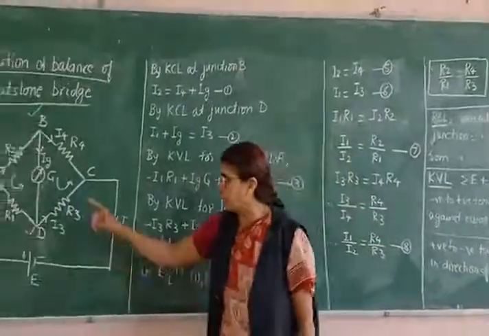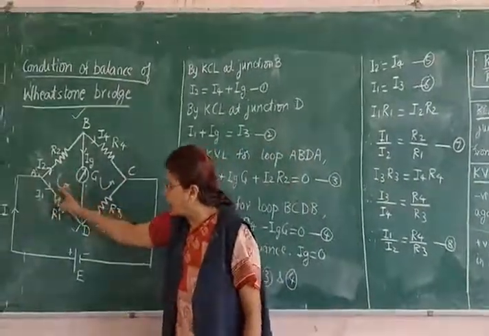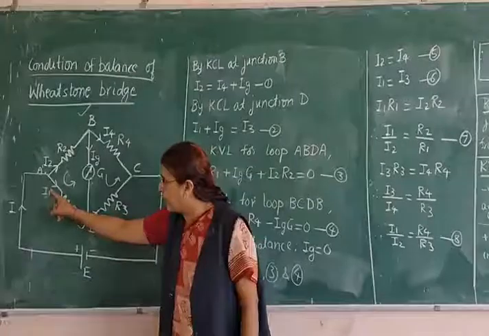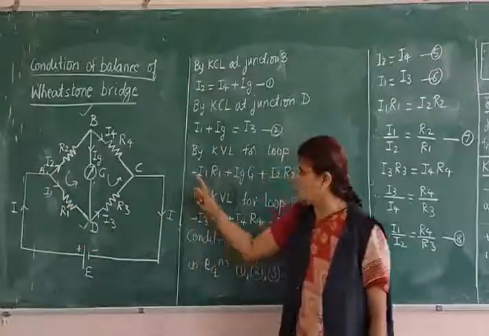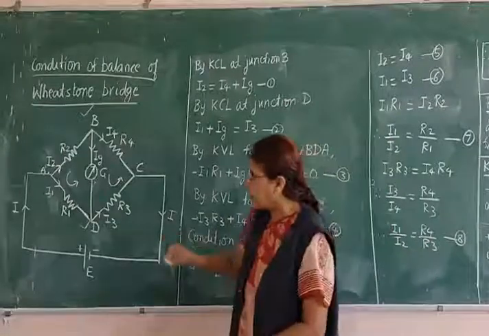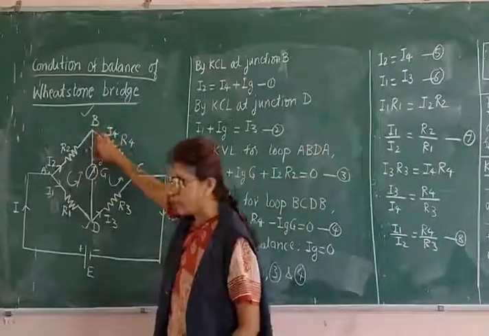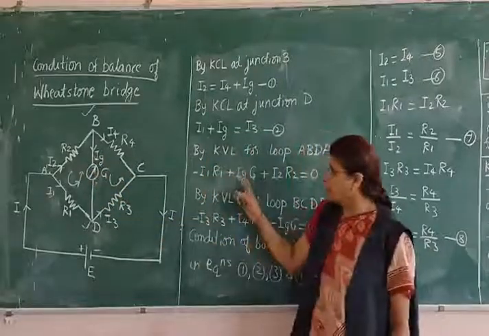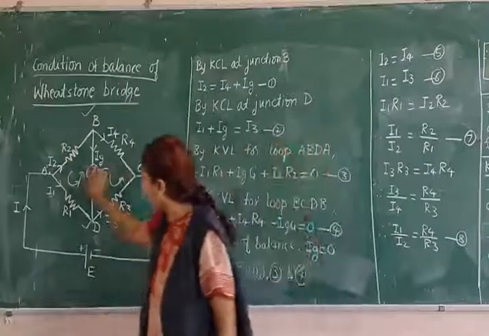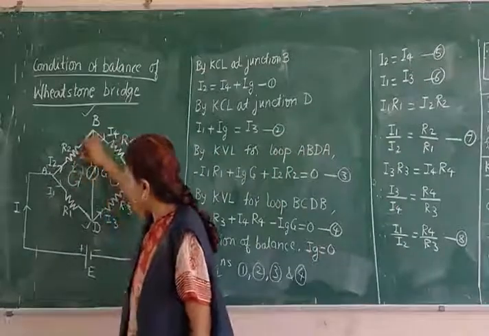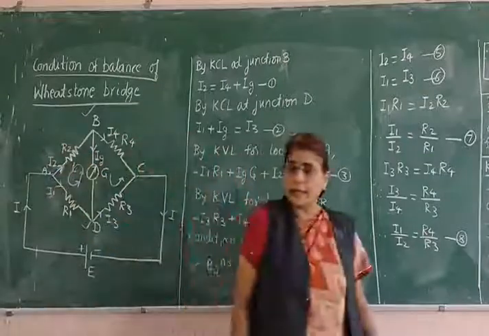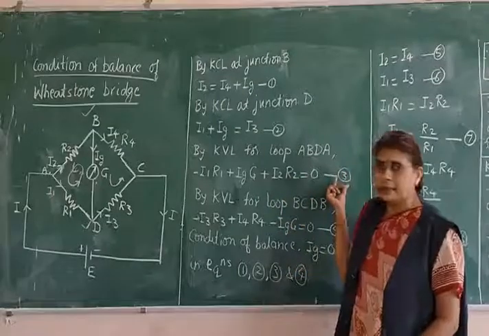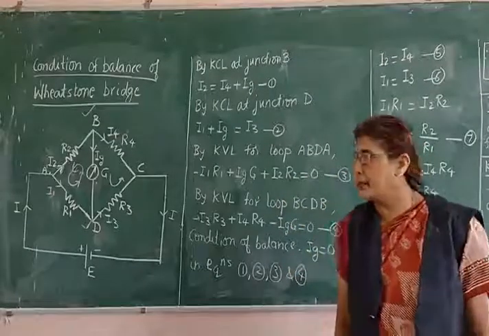So now let us go in this direction. First, we are going in this direction. Current is also moving in the same direction. So this term will become minus. Minus I1 R1. So that will be the first one. Move ahead. You are going in this direction. Current is in the opposite direction. So when they are opposing, it is plus. So plus IgG. Move ahead again here. You are going in this direction. This is your direction of traverse. This is the opposite current. So they are in the opposite direction. So again it becomes plus. So plus I2 R2 is equal to 0. So this is my equation 3 by the voltage law.